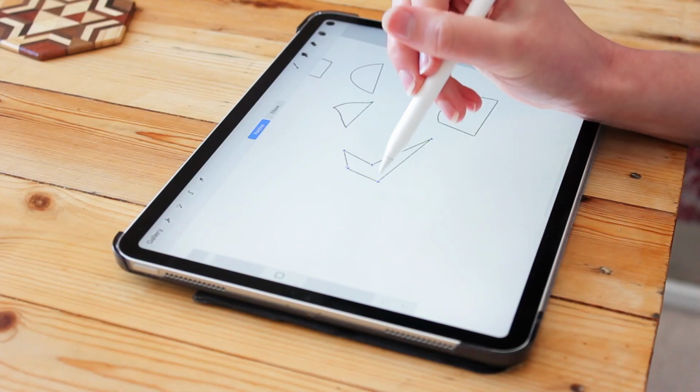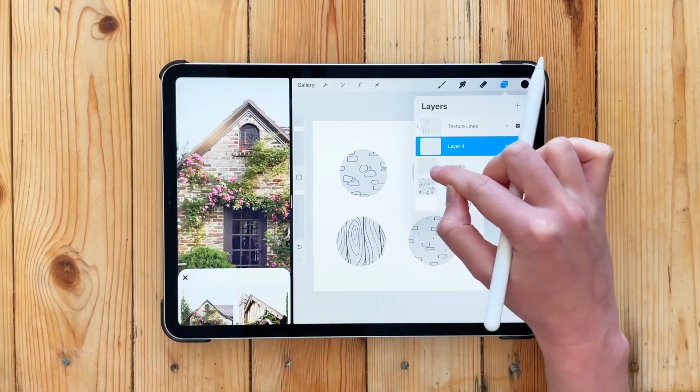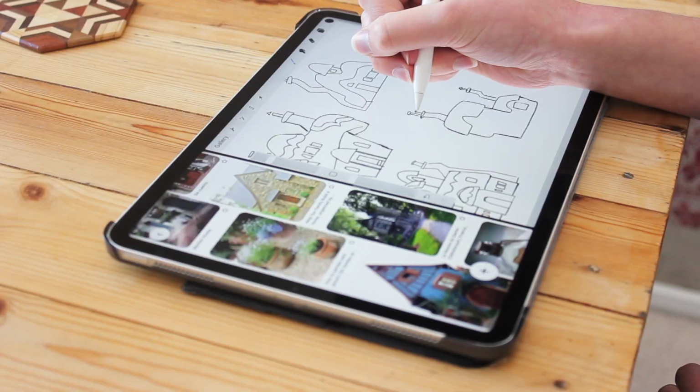In this class, we're going to be designing and illustrating houses in Procreate. So as well as introducing you to some of my favourite Procreate tools, such as the Symmetry tool, Quick Shape tool, clipping masks, and much more, I'll show you how we can design unique, eye-catching homes by playing with shape,